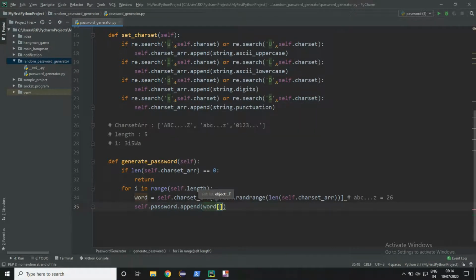From word we will get a random character. For that we will use random dot range length of word. Here this will give us a random character from lowercase a to z. Let the character be t.